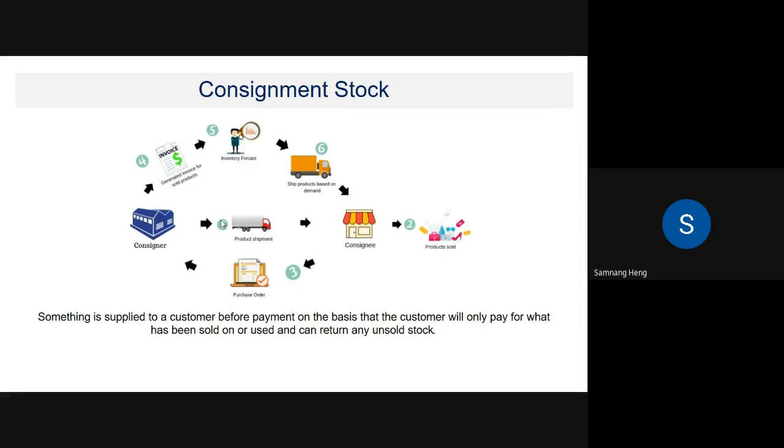Normally when you deliver the product to someone, you have to charge them money, right? But with consignment, because we want to introduce our new product to the market, we use a consignment agreement. We just put our product in their store without charging them. We charge them whenever the consumer comes to buy our product from their store. Does everyone get that point?